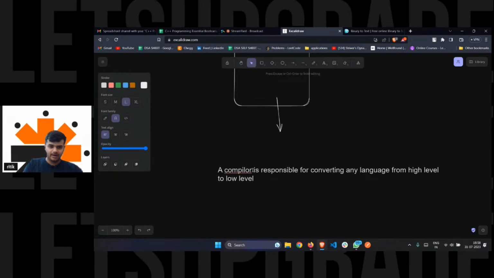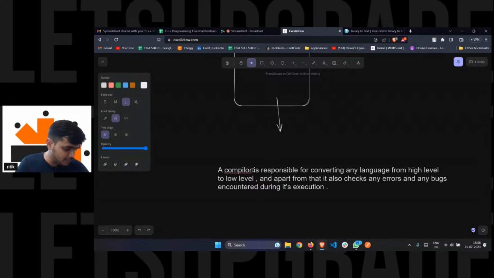And apart from that, it also checks any errors and any bugs encountered during its execution.